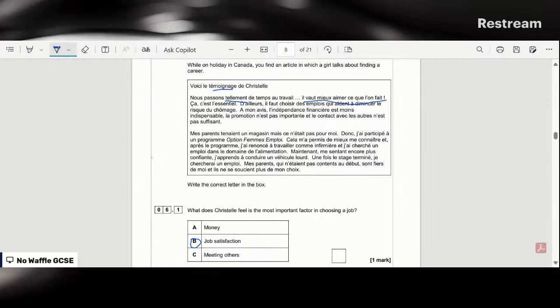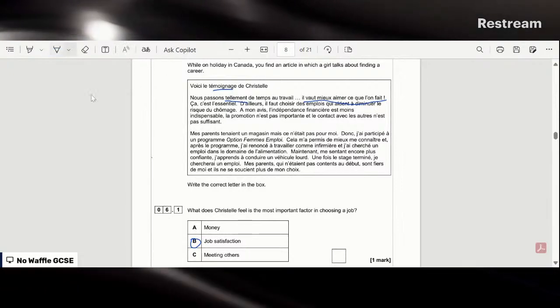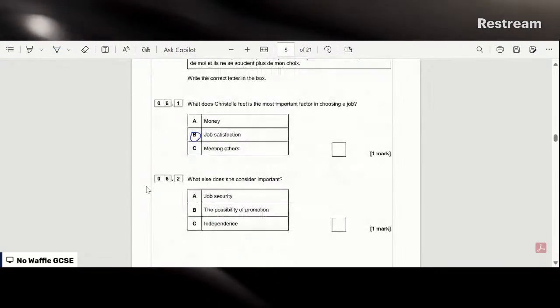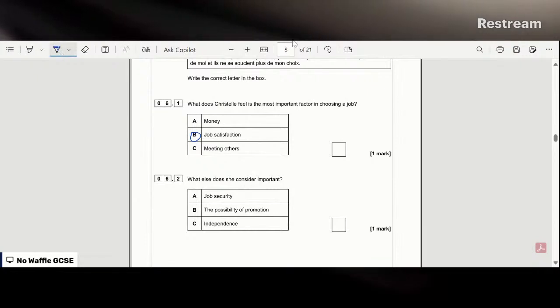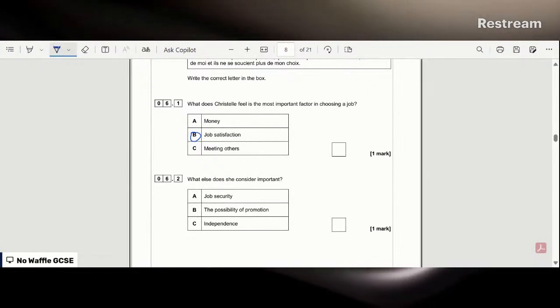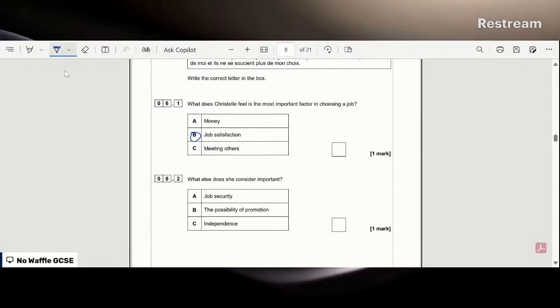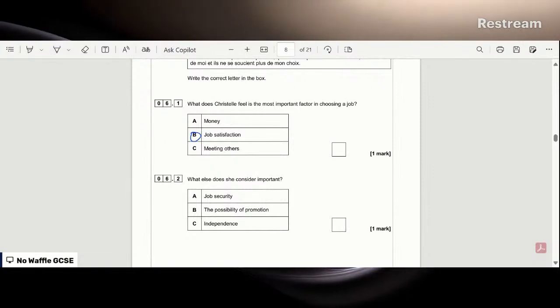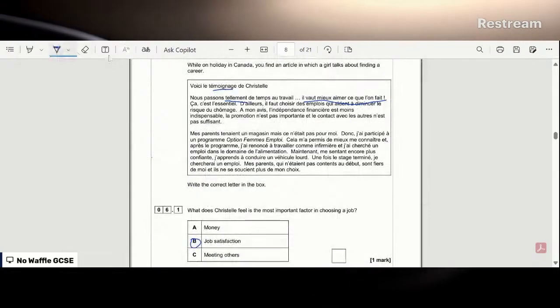This is higher. Okay, next. What else does she consider to be important? So is it job security, the possibility of promotion, or independence? Going up. So,